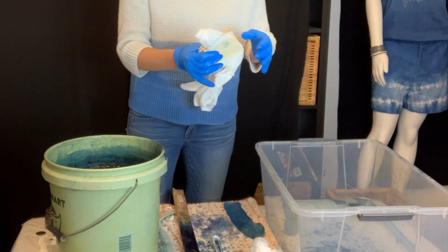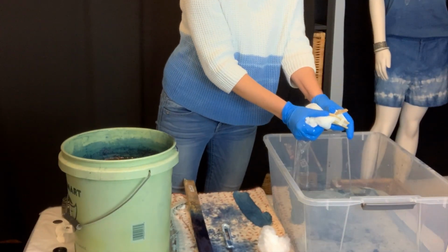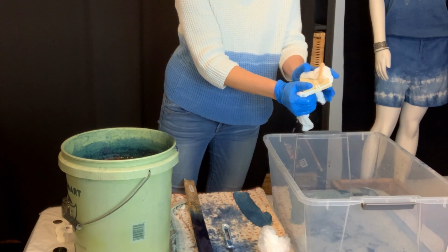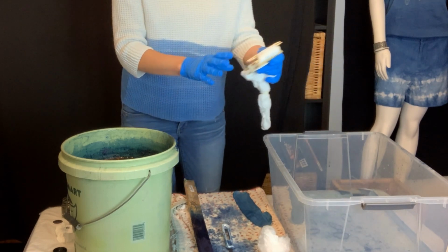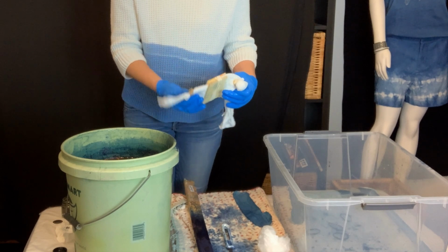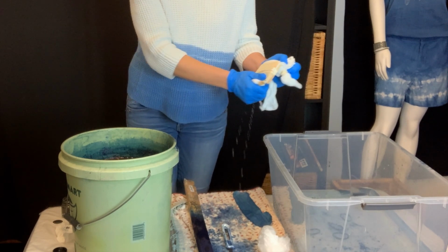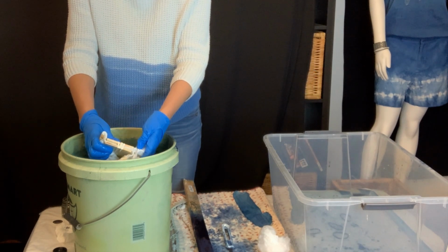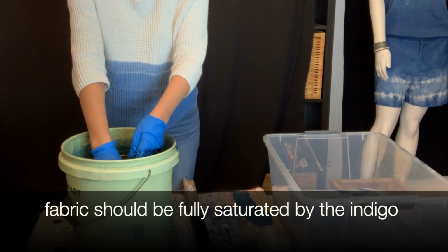This one, I've got my block binding, popsicle sticks, and rubber bands. So I'm going to wet my fabric and squeeze out all the water, and here I'm also squeezing out the air. Since the air is what turns indigo blue, it's important to not incorporate air into your dye bath. So here I'm squeezing extra air out, and then I'm going to slowly lower it into my dye bath until it is completely submerged,